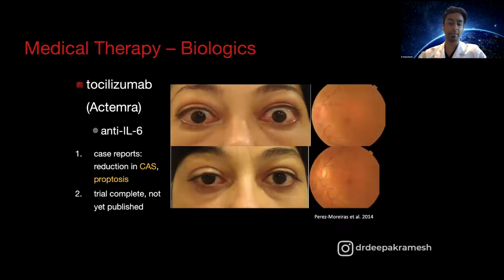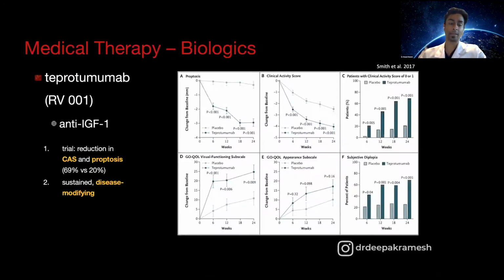Tocilizumab is an anti-IL-6 inhibitor. There's an ongoing clinical trial, and it, anecdotally, again, does improve the clinical activity score, reduce inflammation, and it may help proptosis. But as that trial is ongoing, we don't have the final data for it. Now, we'll talk about teprotumumab, which is an anti-IGF-1 inhibitor, which was just recently approved this year in the United States by the FDA for use. And this is an exciting therapy because this is actually the only therapy that is FDA approved for thyroid eye disease, and